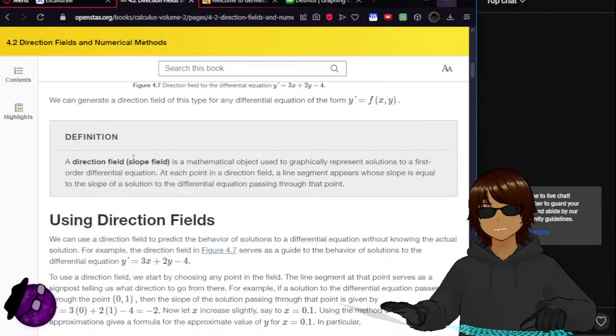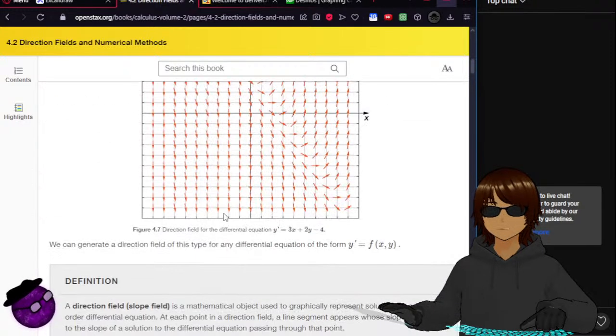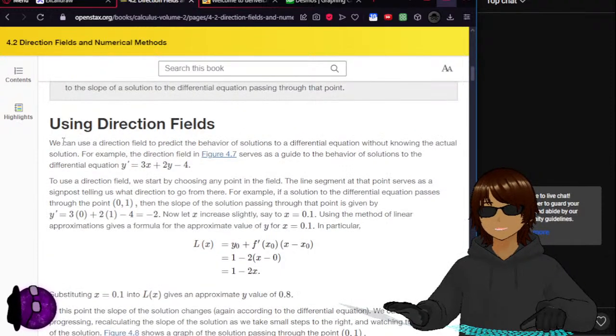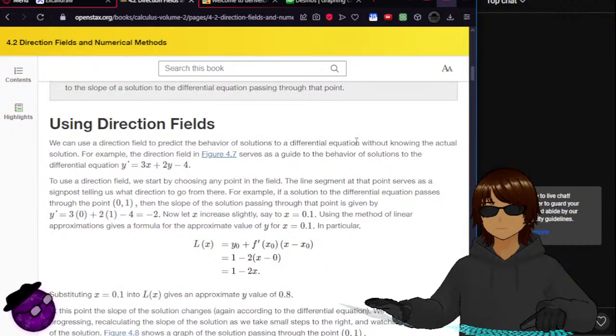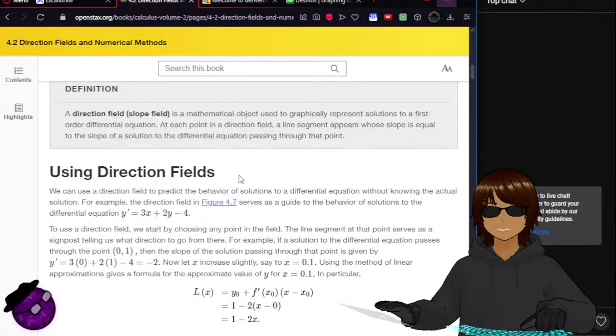A direction field, or slope field, is a mathematical object used to graphically represent solutions to a first order differential equation. At each point in a direction field, a line segment appears whose slope is equal to the slope of a solution to the differential equation passing through that point. We can use a direction field to predict the behavior of solutions to a differential equation without knowing the actual solution. For example, the direction field in figure 4.7 serves as a guide to the behavior of solutions to the differential equation